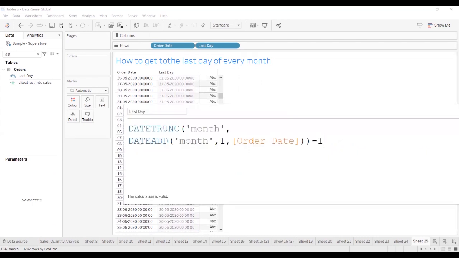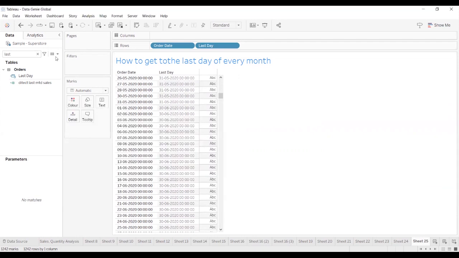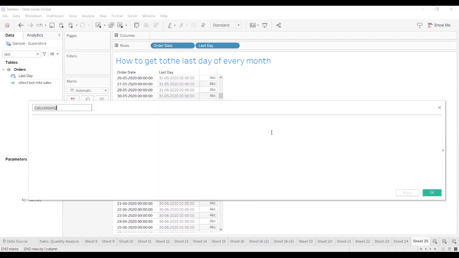So this is how we will be getting to the last day of every month. I'm copying this one. If I want to count the total number of days in a month, what I need to do is just subtract the month starting date from the ending date and add 1 day to that, so that I'll get the total number of days available in this month in calendar days. So let's check that calculation also. If I want total days in a month,